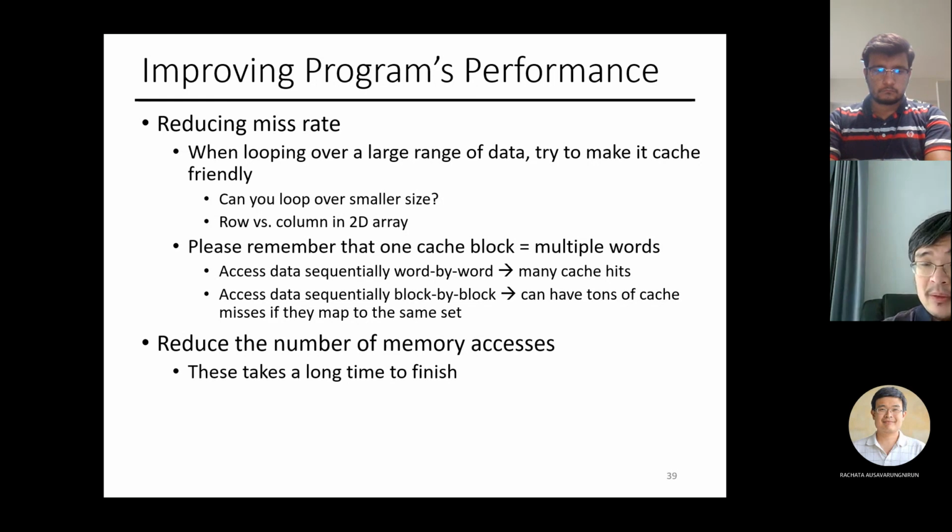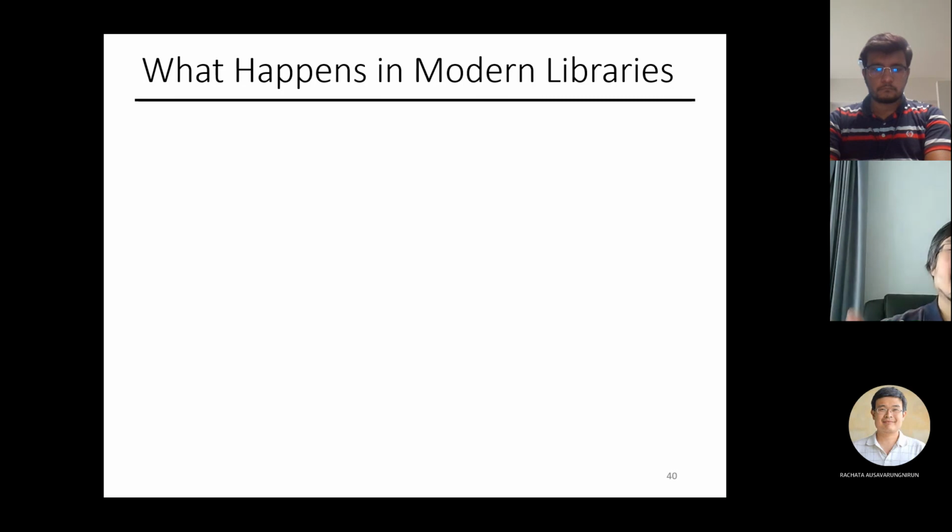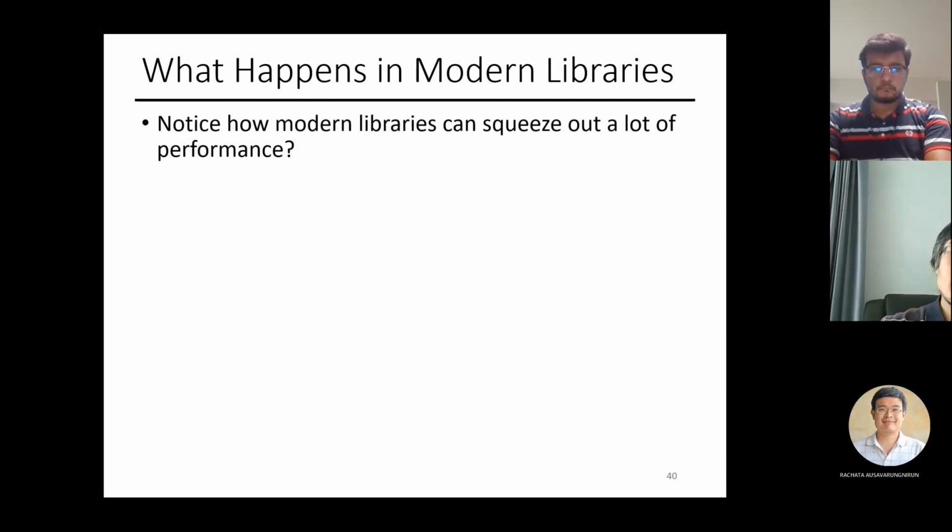Changing the algorithm so that it doesn't go to memory as much can make a good impact on performance, both positive and negative, depending on how you optimize it. Remember, data access is typically long, much longer than compute, like add and multiply. So that's why modern libraries, including things in MATLAB, depending on the implementation, can squeeze out a lot of performance by themselves if the programmer cares to